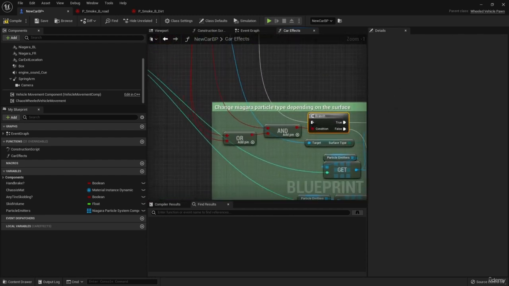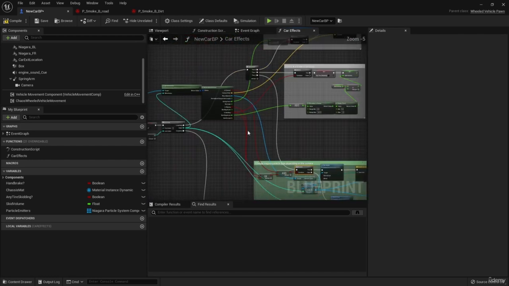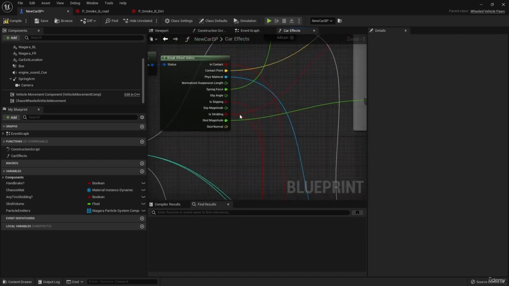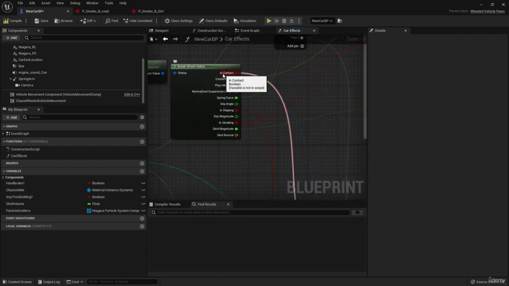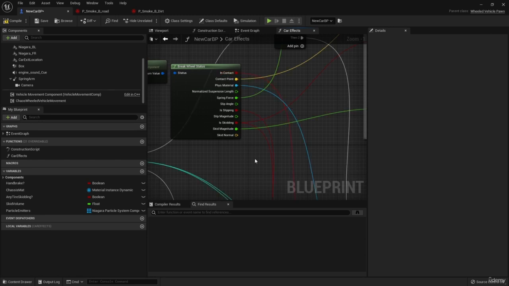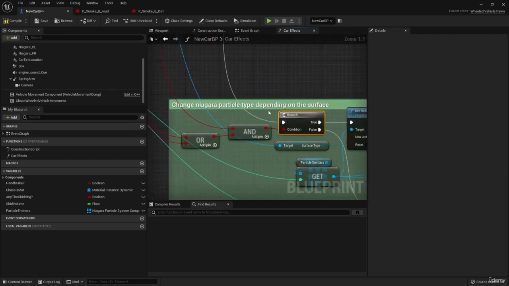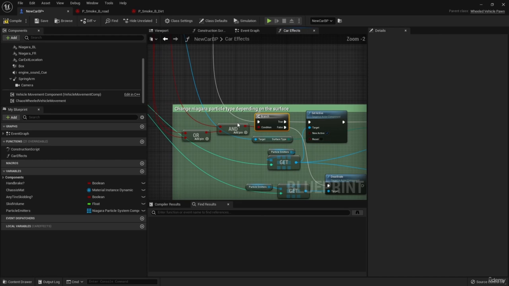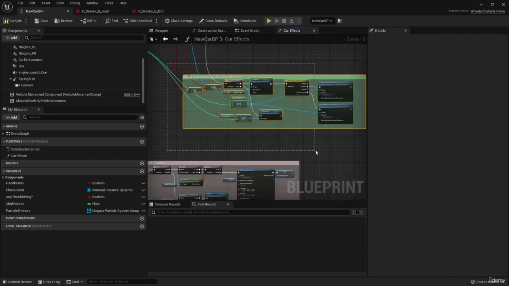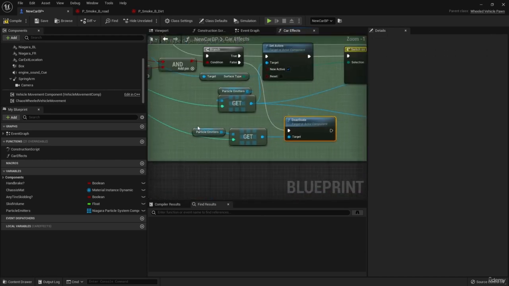And the first thing that we do here is first check some basic stuff. So first we want to check is our tire even in contact with some surface. If it's not, then we can just forget about doing this effect, so we don't care. If it's false, we can just deactivate